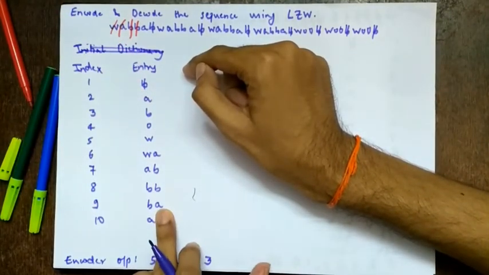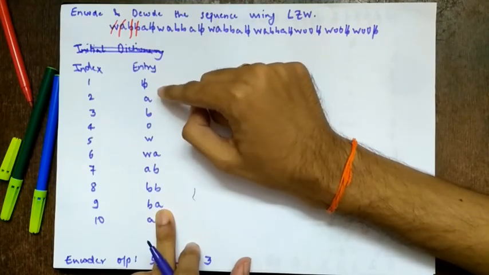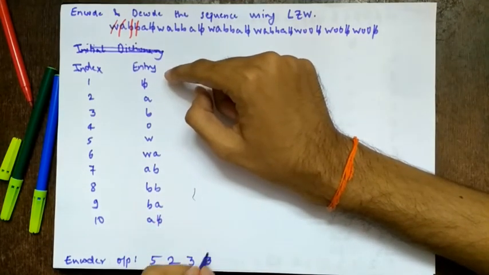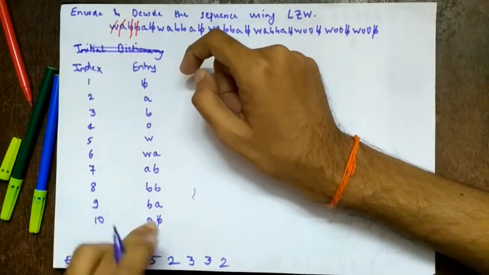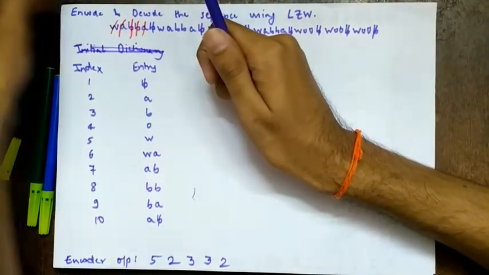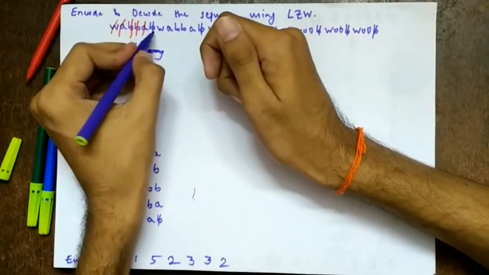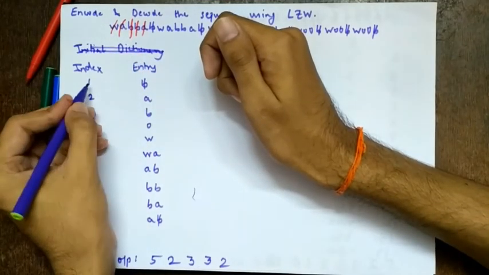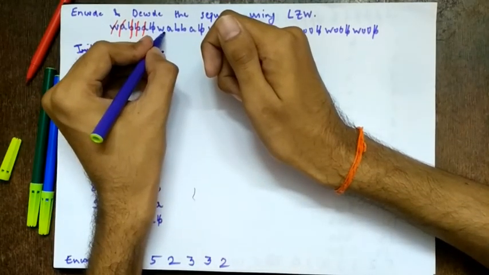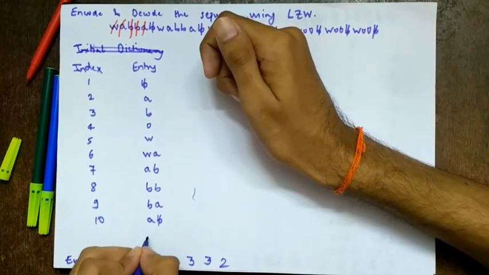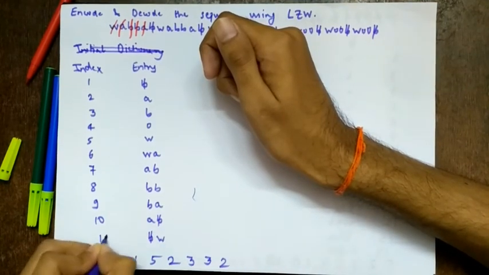So then again remove B bar A. Is A in the dictionary? Yes, corresponding to 2. So what is it? Next is 2. So we have encoded 2. So scratch that. Right? So B bar. Is B bar in the dictionary? Yes. So we encode the next alphabet. B bar W. Is it there in the dictionary? No. So B bar W is 11.